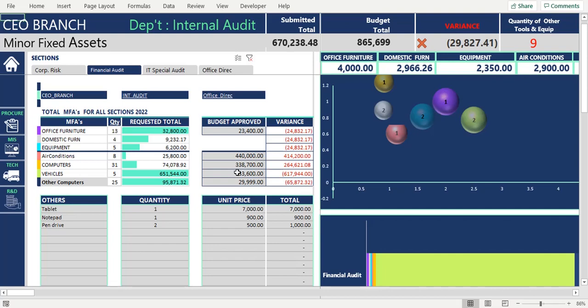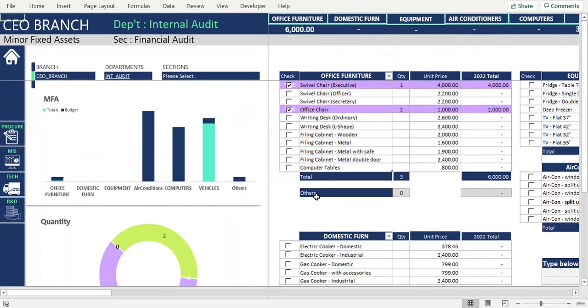So that is why we are having the budgets on the internal audits department page. If I make any changes to this, it is automatically going to affect whatever request is made in that particular section. So we'll come back to this internal audits department and view how things work. Let's go back to the financial audits section. So under the financial audit section,